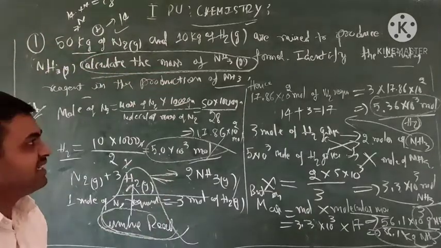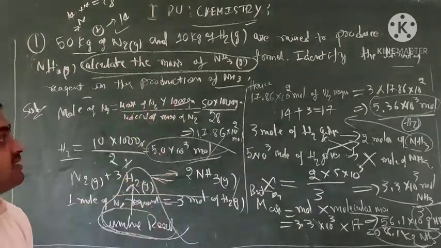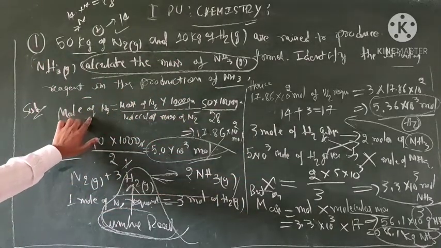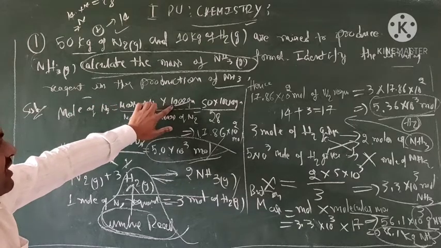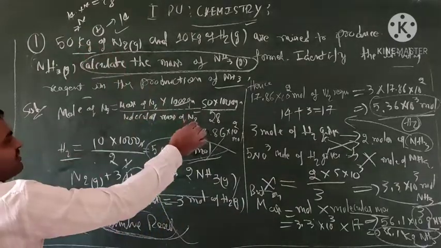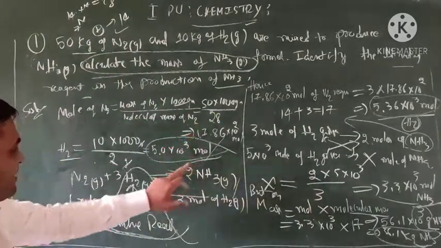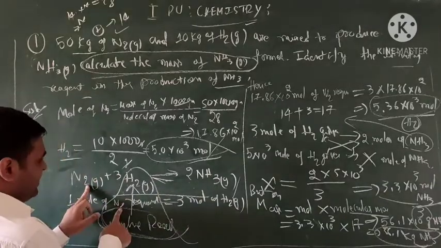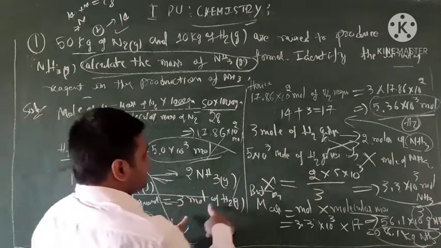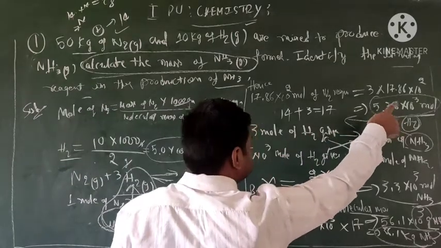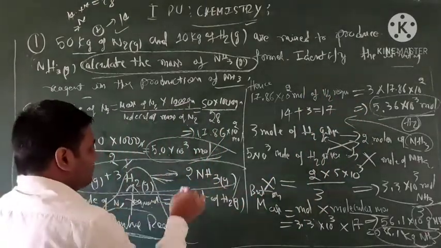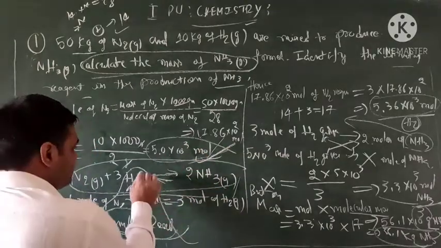How did you identify the limiting reagent and how did you get the mass of ammonia? This is the easiest method. First you write the mass of the value into 100, this is converted into gram. Then divide with the molar mass of N2 molecules. N2 is 14 into 2, 28. Then 1 mole of nitrogen requires 3 moles of hydrogen gas molecules. That's why the calculated value is 5.36, that much hydrogen is required by the balanced equation. But actually you get 5.0, that's why this is the limiting reagent.